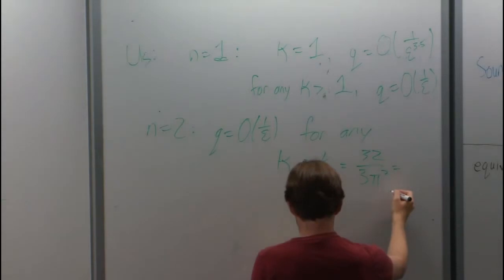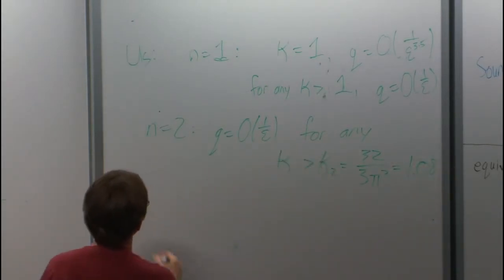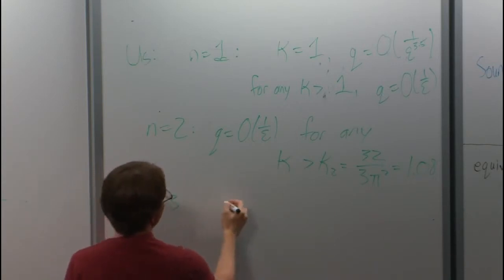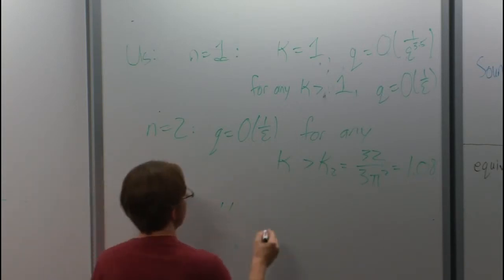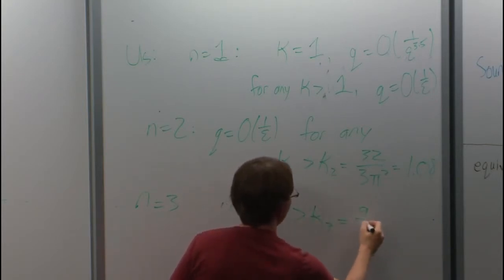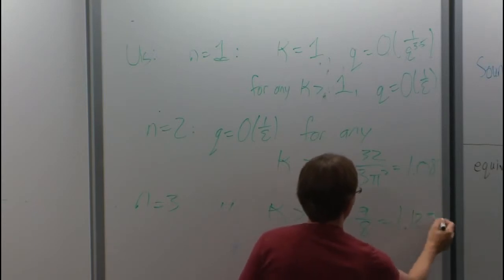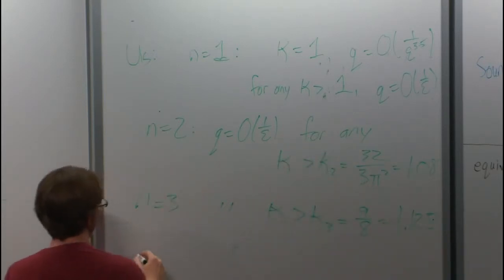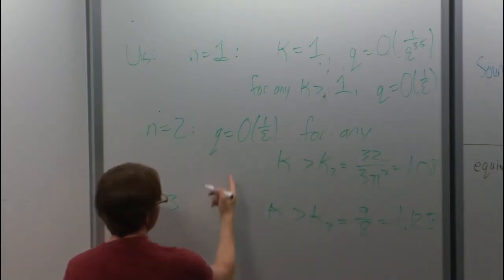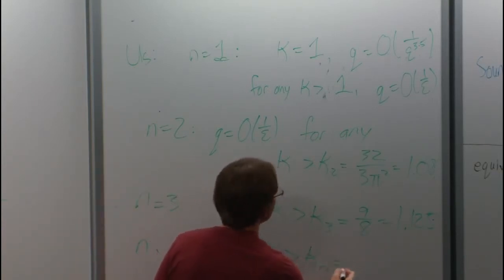That's 1.08. For n equals 3, we got the same linear query complexity for any kappa bigger than kappa 3, which is 9/8, which is 1.125. And in general, for general n, we got this query complexity for any kappa greater than kappa n, which is,